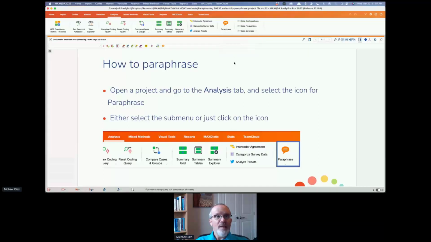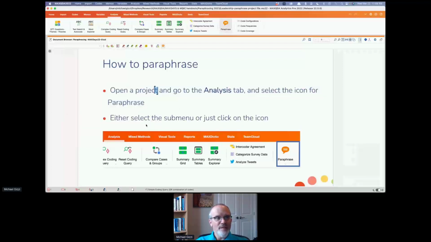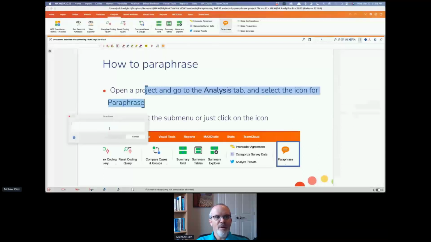And you can access paraphrasing just by clicking on this. And when you do that, you have entered paraphrase mode. And once you're in paraphrase mode, anything you highlight is going to automatically open a window to create a paraphrase. Now, I don't really want to paraphrase this presentation, but I'm just showing you here.